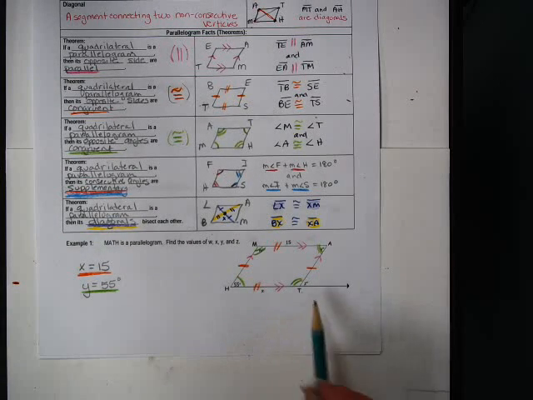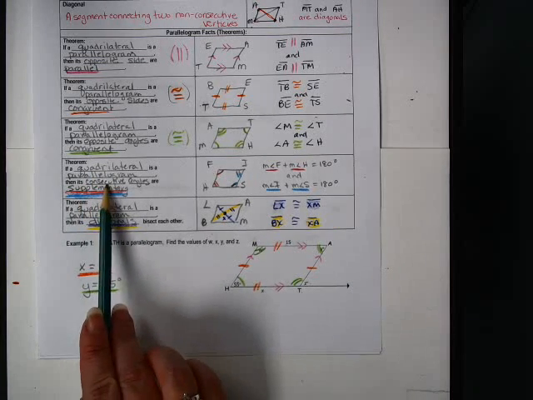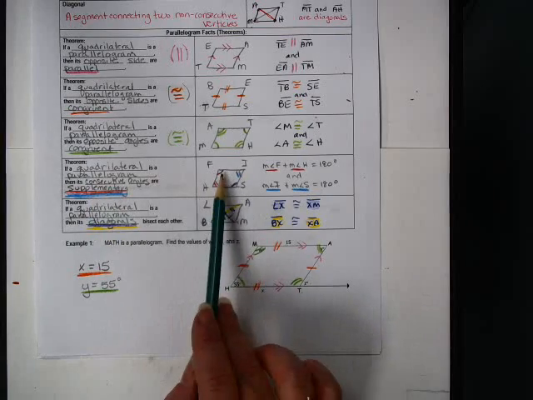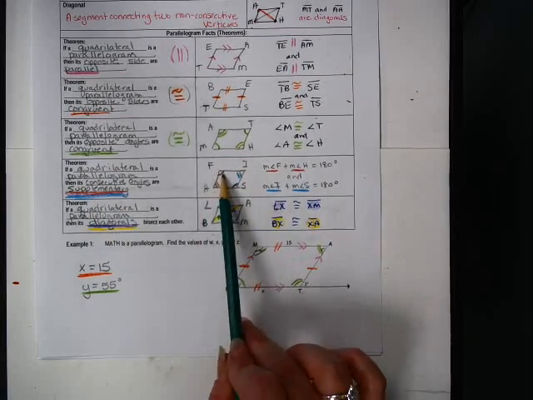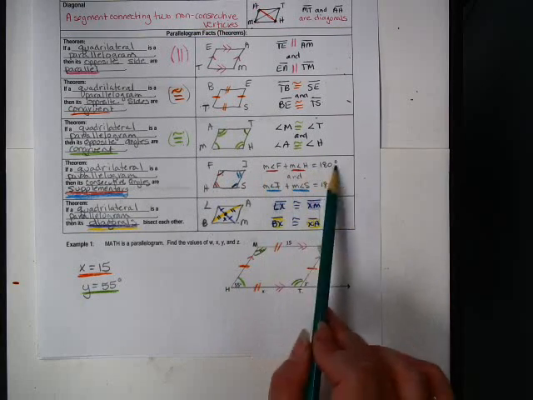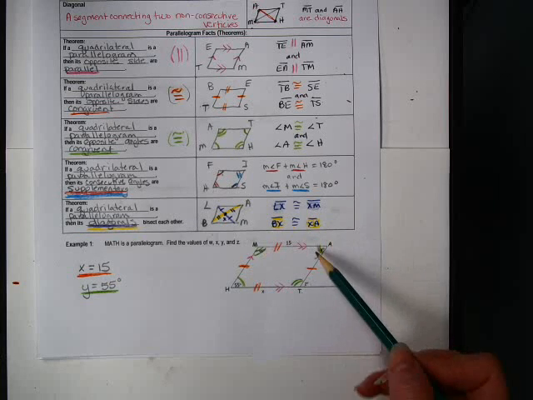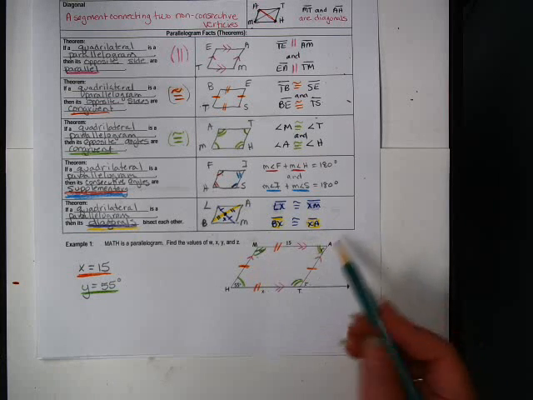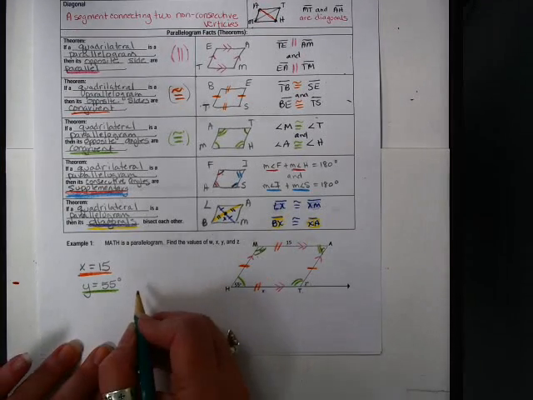And then I've got this one and this one. And I really don't know that much about it. But I have this next theorem here that says consecutive angles are supplementary. Remember the one arc mark and two arc marks, they add together to equal 180. Well, here's a single and a double. Here's a single and a double. And we know that both of these are 55, so it doesn't matter which way you go. But you would write